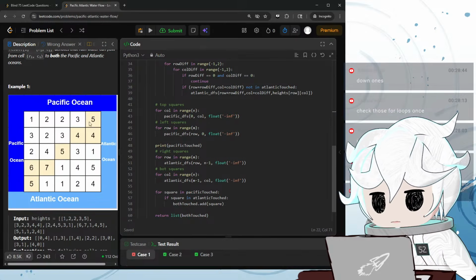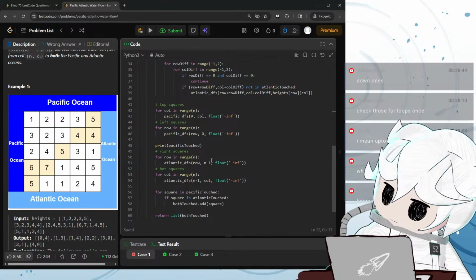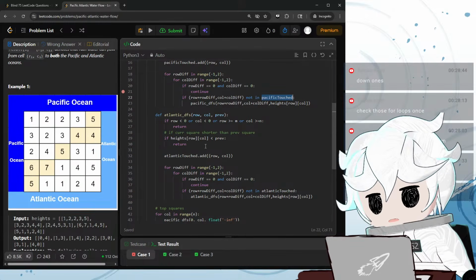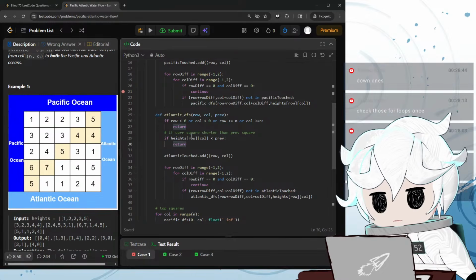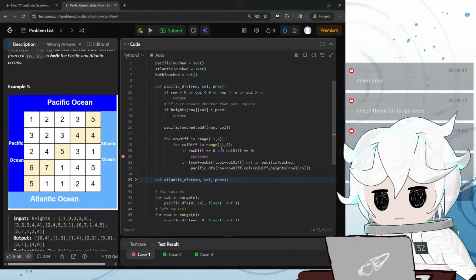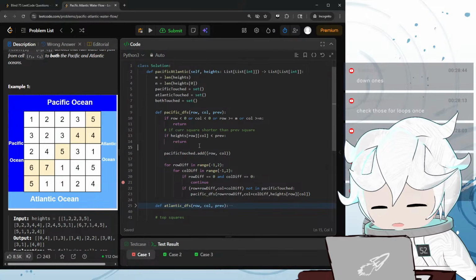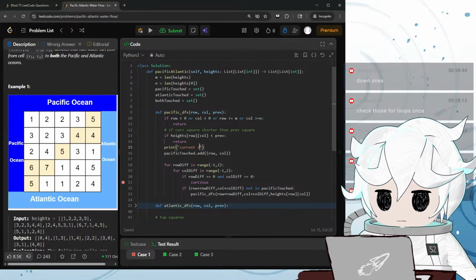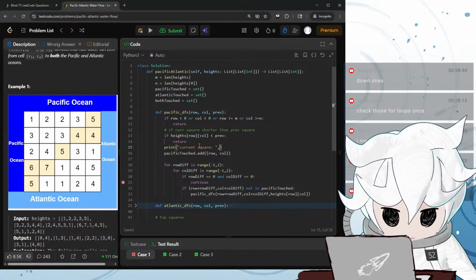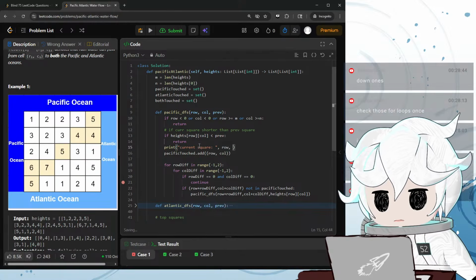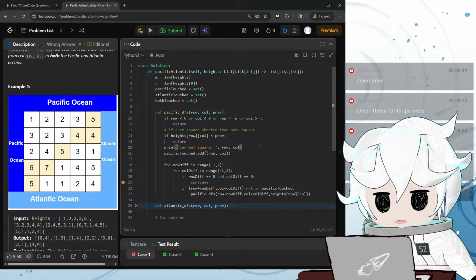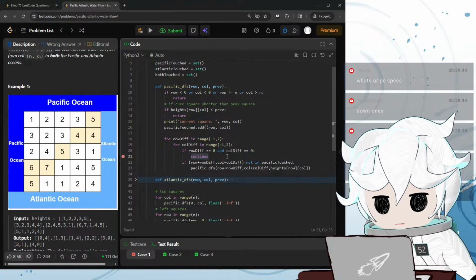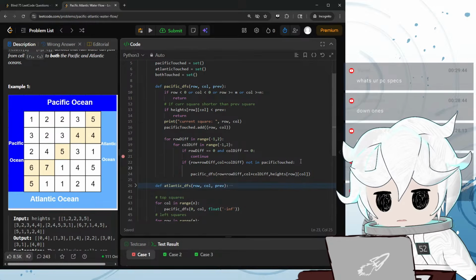That should be right. I think we can start printing stuff out to debug. Let me collapse this row. Okay, so we can do print current square, row, column, sure. And then we can do